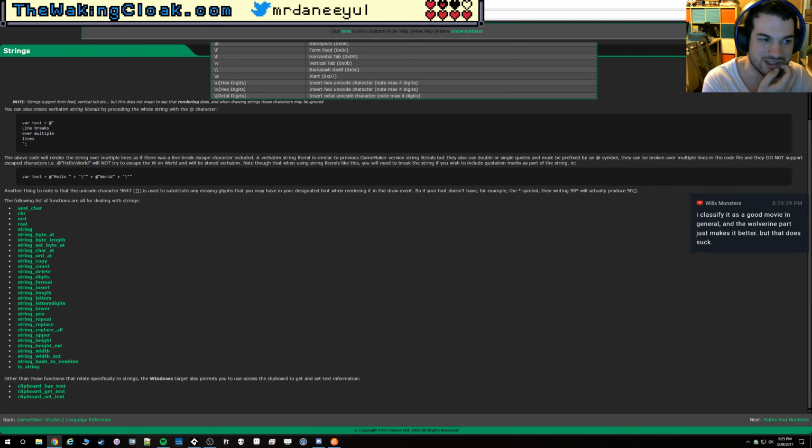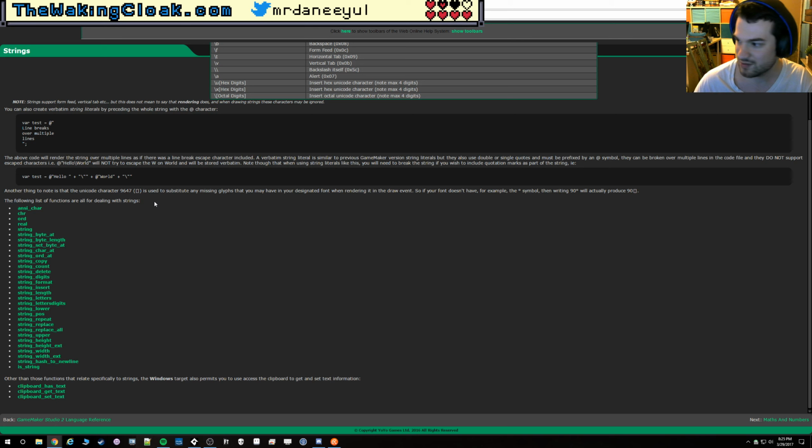So yeah, if I want to see Logan, I basically have to go see it by myself. A friend offered to go watch it with me, but I was busy. So maybe I'll see it sometime when I'm alone and my wife is gone somewhere, and I'll just watch Logan or something. I've heard it's good though. Classified as a good movie in general, and the Wolverine part just makes it better, but that does suck. Yeah, I like Wolverine. He's cool. I'm not super big on superhero movies anymore, and I know that might make me like a heretic or something. But